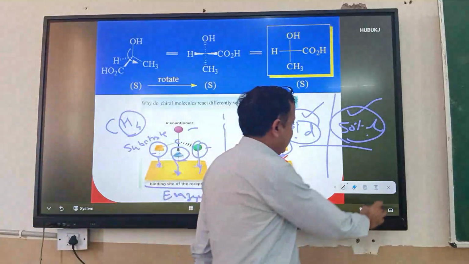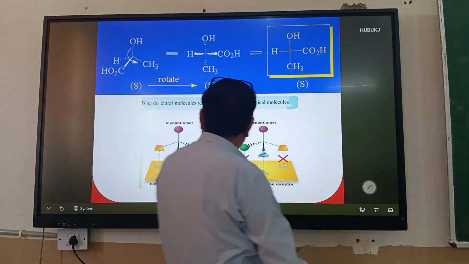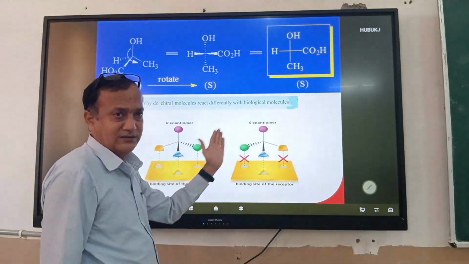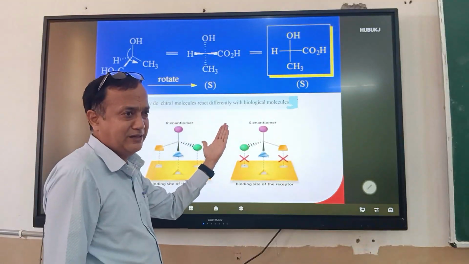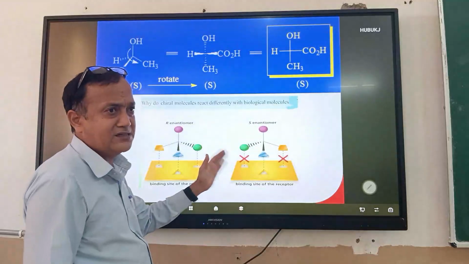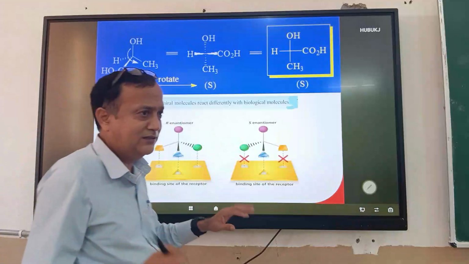What is the problem with you? So in biological systems, compounds which are mirror images of each other have different effects. It means we cannot replace our left hand with the right hand, because these are both the